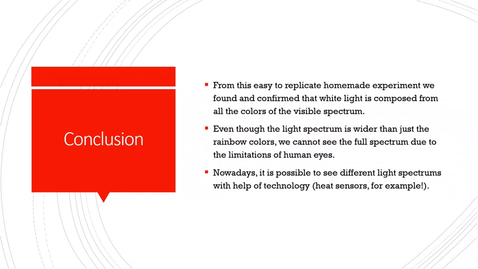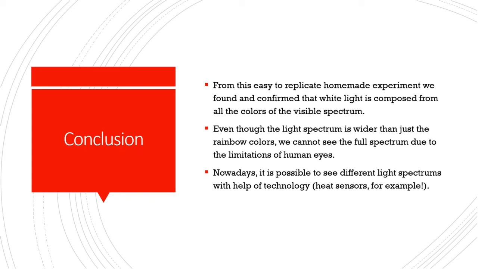To conclude this experiment, I want to talk again about how easy to replicate this experiment is. Anyone can do it with materials found in your home, or if not, you can easily buy them in almost any store. And with this experiment, we can confirm that the white light is composed of all the colors of the visible spectrum. Even though the light spectrum is wider than just the rainbow colors,